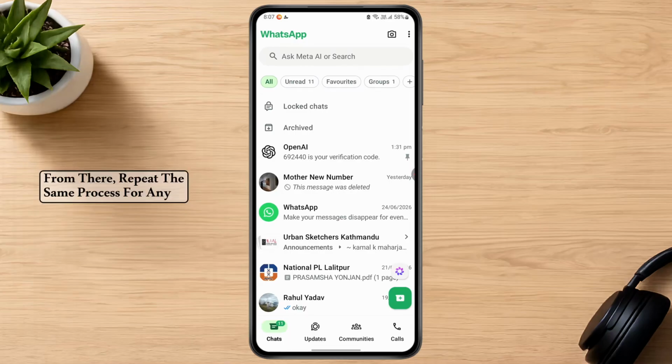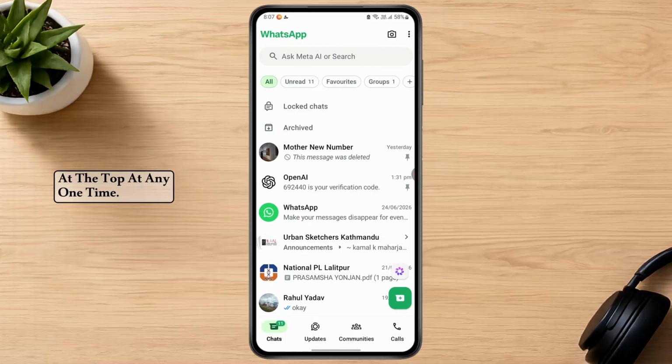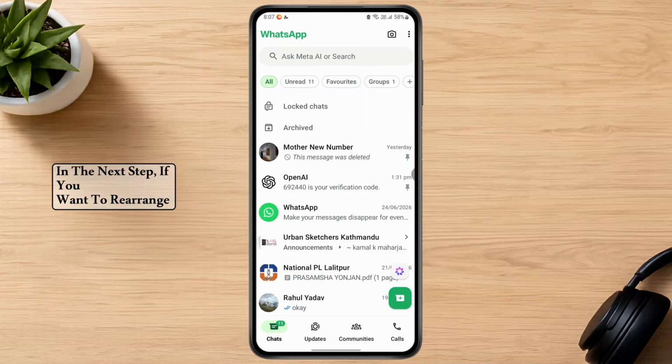From there, repeat the same process for any other chats you want to pin. After that, keep in mind that WhatsApp allows you to pin up to 3 chats at the top at any one time. In the next step, if you want to rearrange the order of your pinned chats, press and hold